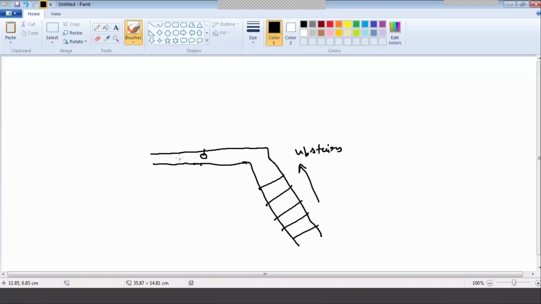Okay, and you install one switch here to switch on and switch off this lamp, right? So this is the upstairs lamp, and suppose you want to operate this lamp from downstairs also. So you will install another switch here. This is switch 1, switch 2, right? And this is your lamp.